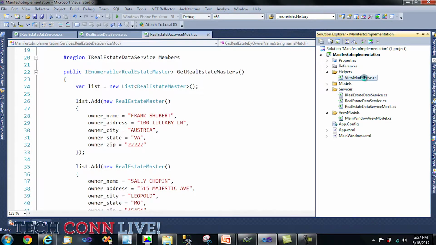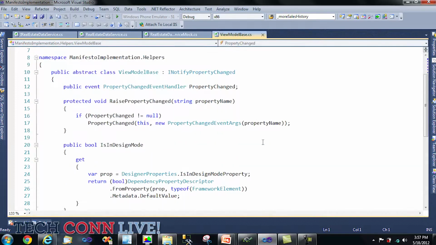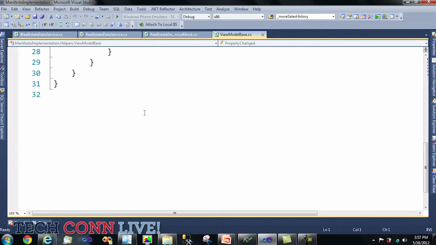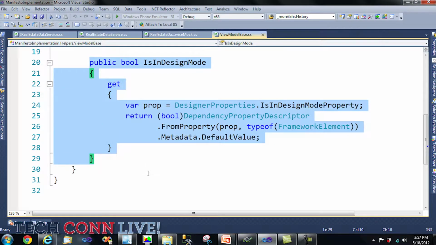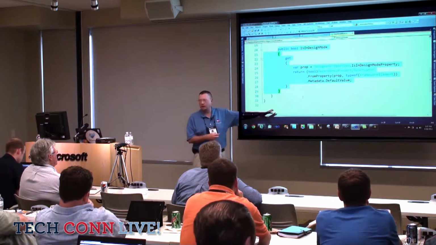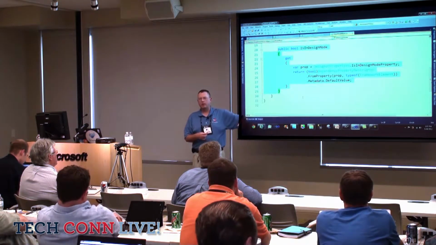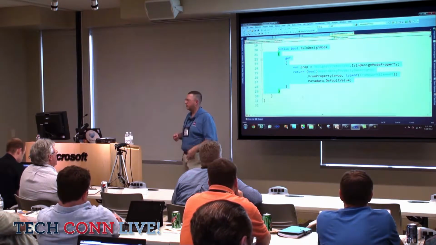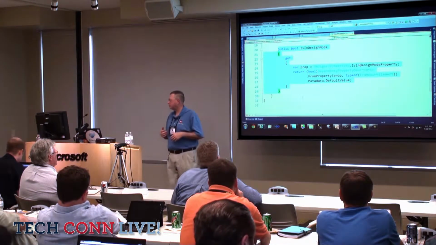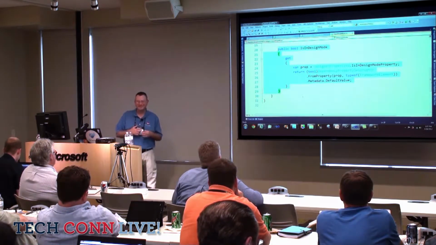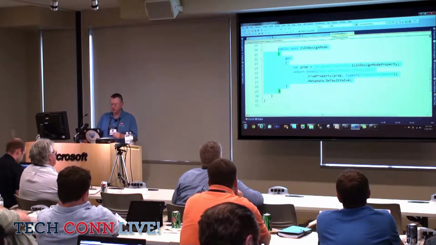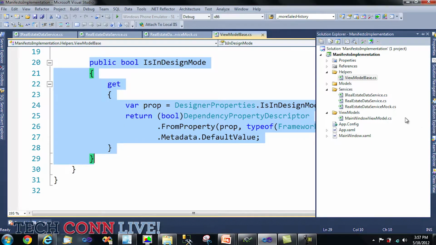And we'll actually start by pulling up our view model base, because we've added one more property. And we put it in our abstract base because we're going to use it in all of our view models. And this gives us the ability to determine whether or not we are in design mode or actually executing at runtime. And Laurent Bouznan, one of the framework authors, MVVM Lite is the MVVM framework he wrote. He wrote this. I borrowed it from him. So I can't take credit for the code, but I will take credit for using it. All right, so is in design mode as part of our view model then lets us,